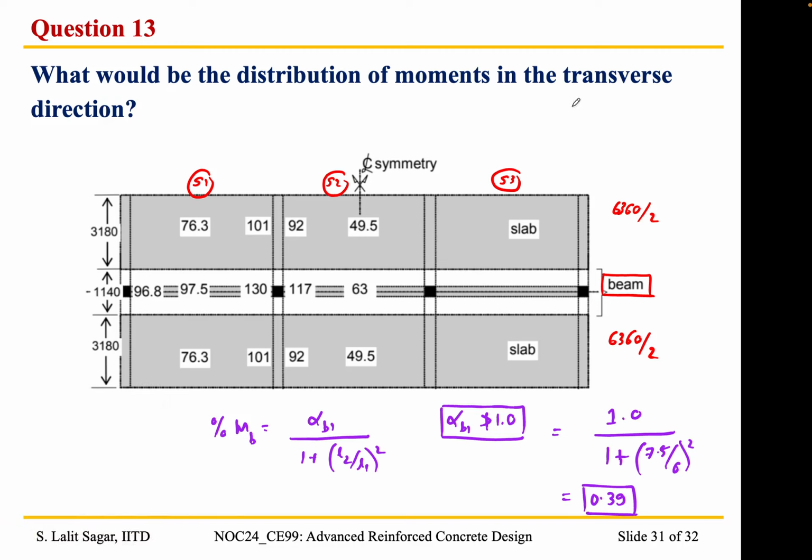39% is going to be resisted by the beam and 61% is going to be resisted by the slab. So now the treatment is going to be different for the interior and the exterior slab. Okay,